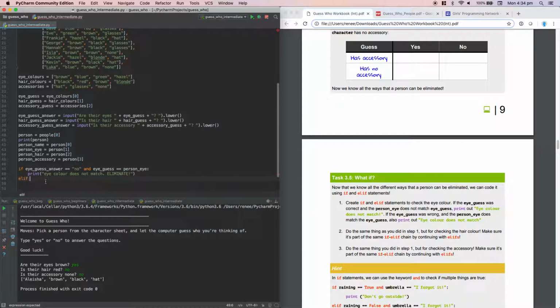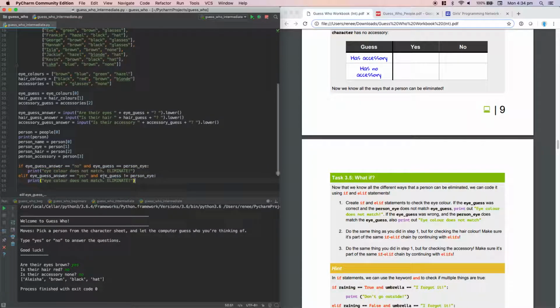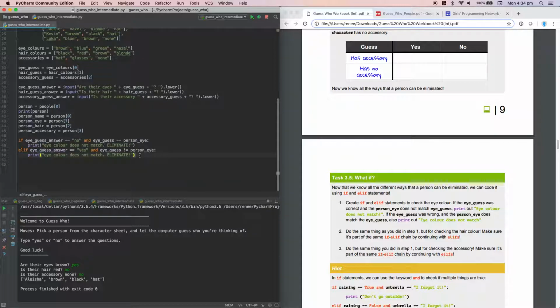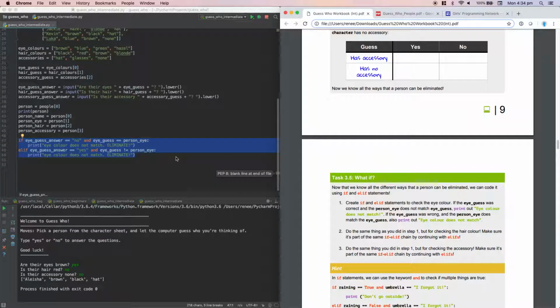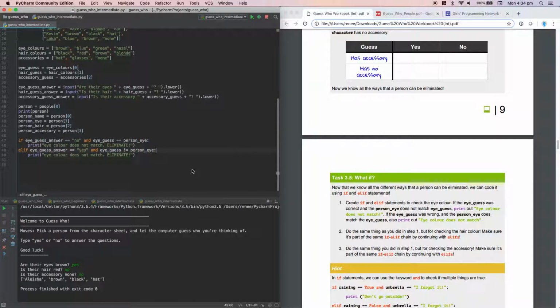We also have the case where the I guess answer could be correct, and the I guess does not match the person I, then we want to have that same elimination occur. And then we want to repeat these for hair and accessories. But let's give this a run first